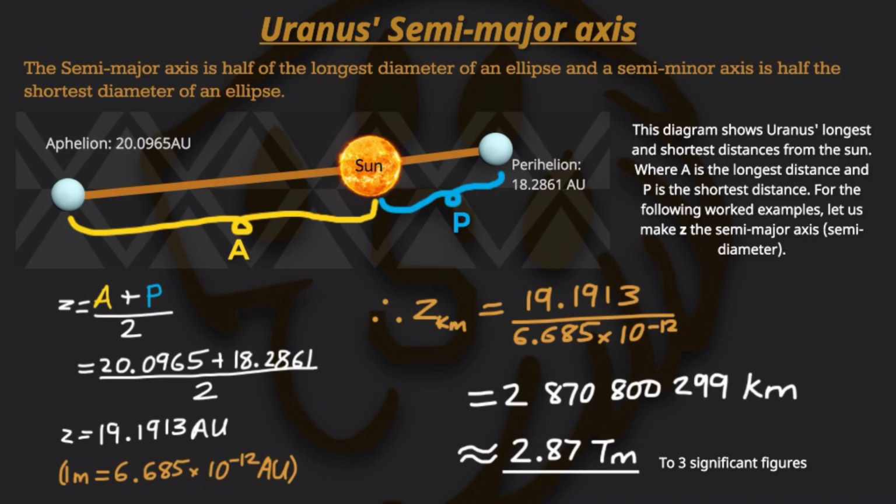And then our conversion to meters, because we know in astronomical units, it's in terms of the distance between Earth and the Sun, as we looked at in the last episode, which was on planet Earth and beyond. I encourage you to watch that one. It was a very exciting one. So to convert to meters or kilometers in this case, we just divide the astronomical units by that rate, which is 6.685 times 10 to the power negative 12 astronomical units,